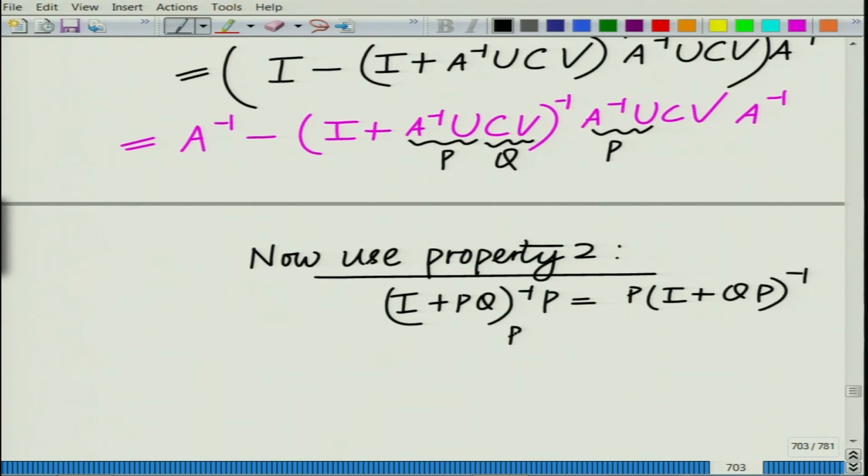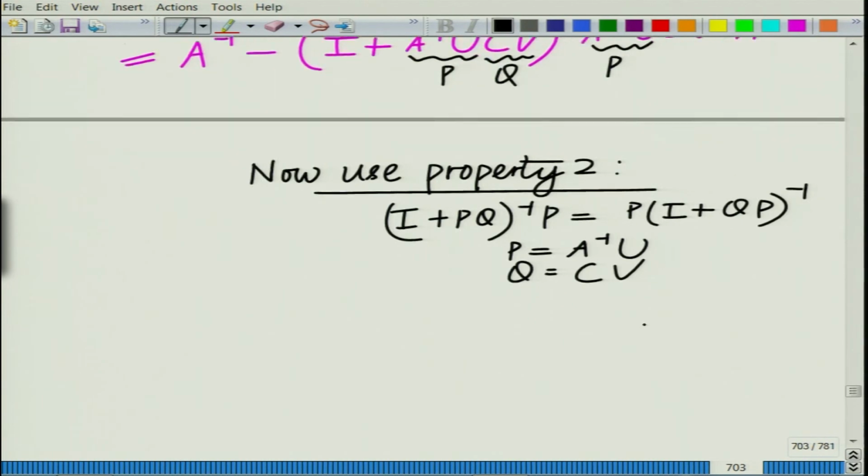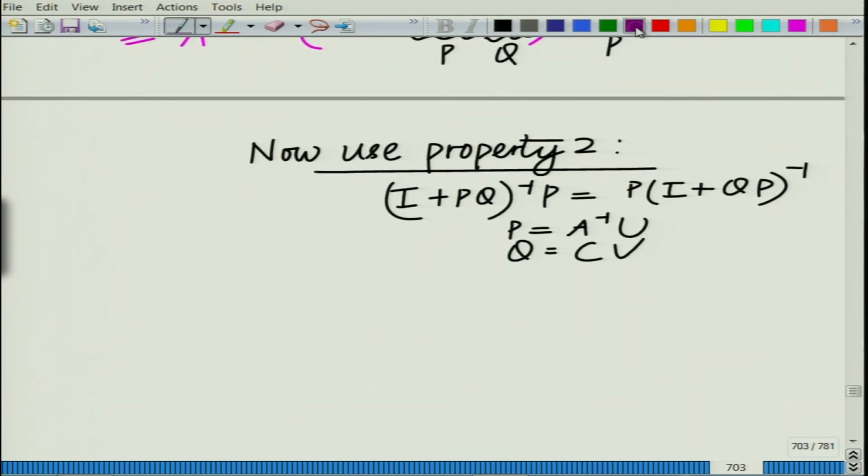We set P equals A inverse U, Q equals CV, and therefore this becomes A inverse minus P, which is A inverse U,